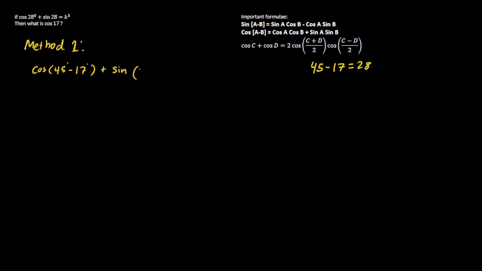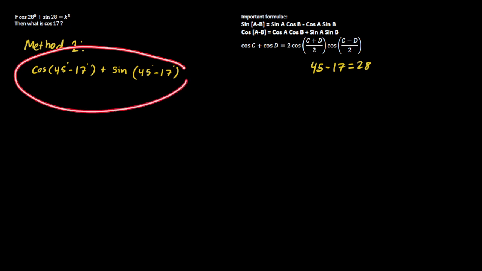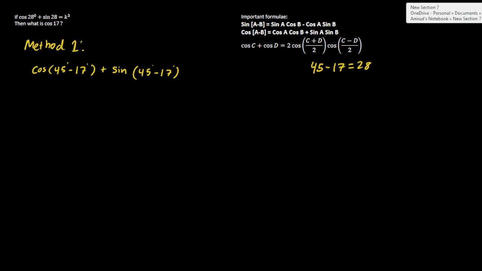So we can write sine 28 as sine 45 minus 17. Now you'll notice that these two are in the format of these two formulas. They're both cos a minus b and sine a minus b. So we can use those formulas to help us. By using those formulas, we get, let me just write k cubed equals,